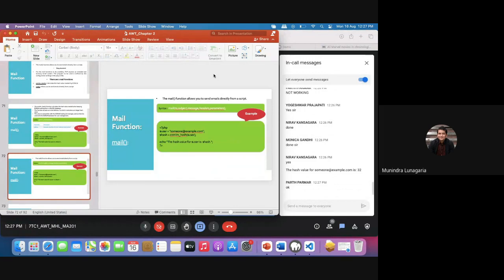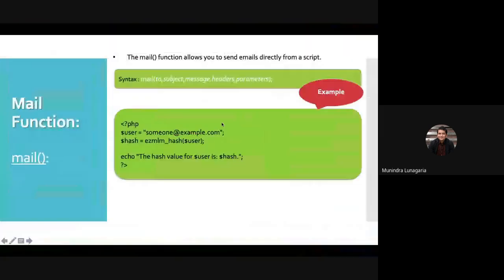Fine, so now let's go back to the mail. The mail function allows you to send emails directly from the script. There are certain syntaxes: the mail function takes to, subject, message, headers, and parameters.